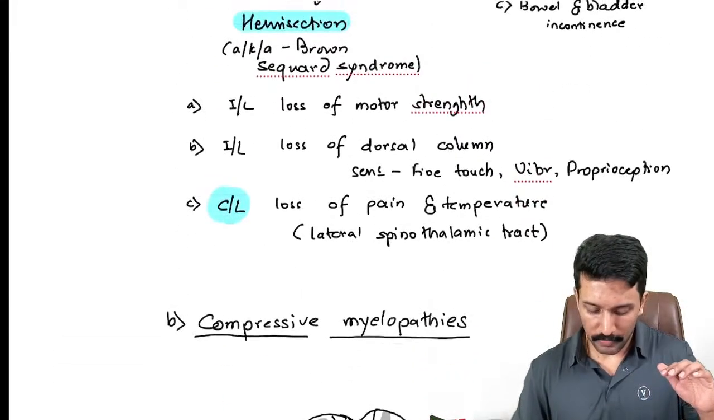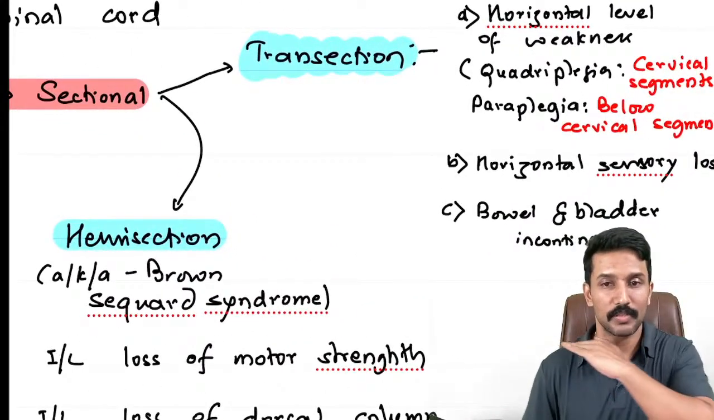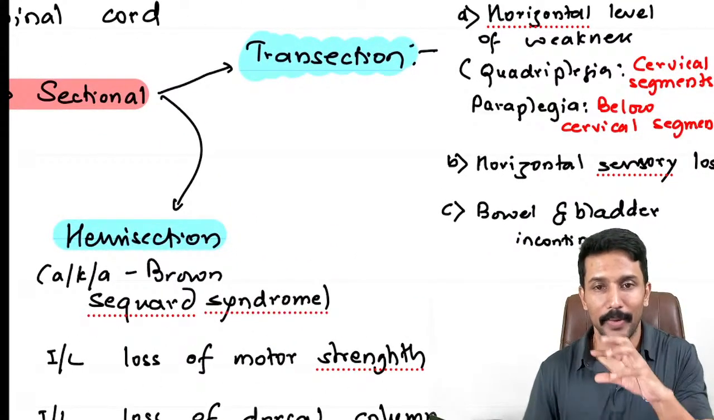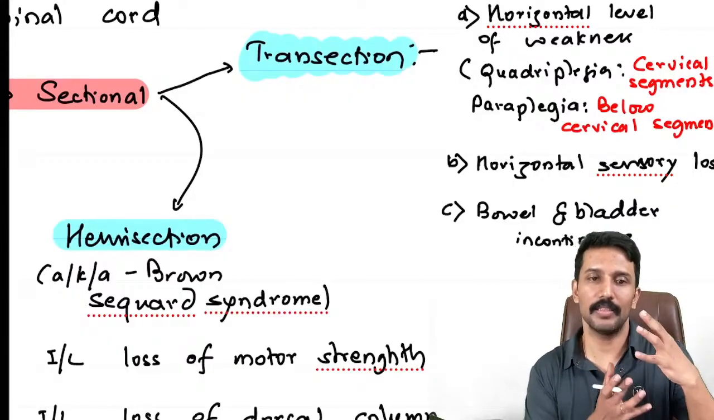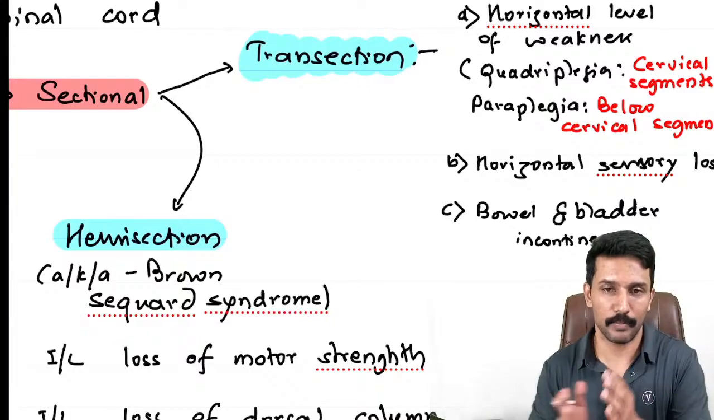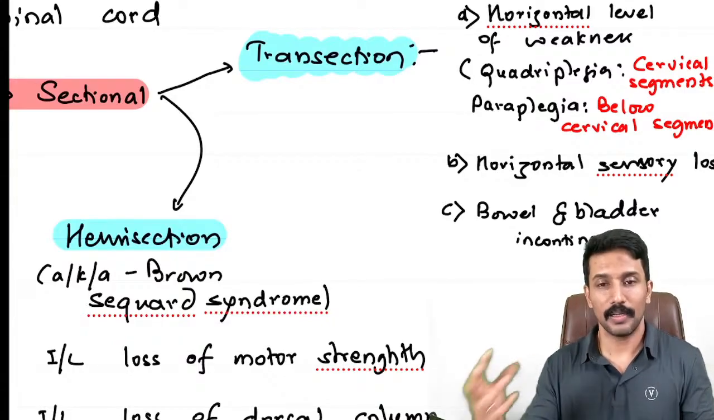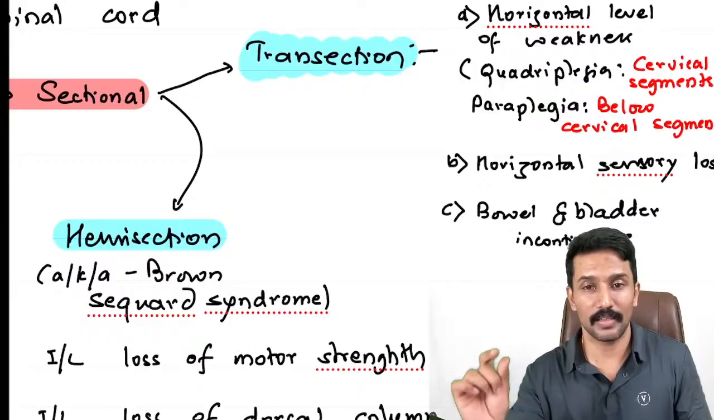So spinal cord, what we have learned, you can cut it completely, you call it as transection, that produces quadriplegia or paraplegia depending on the level of cut. Hemisection produces classical same side weakness, same side loss of dorsal column sensation, but opposite side loss of pain and temperature. If you compress from outside inwards, you will get ascending paralysis, ascending sensory loss, sacral is the first affected,